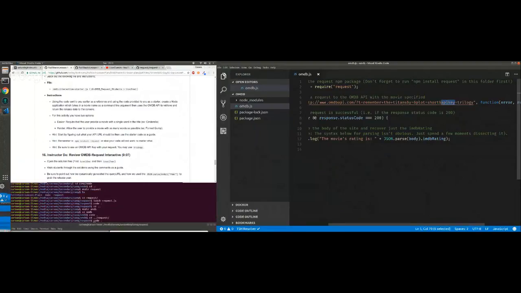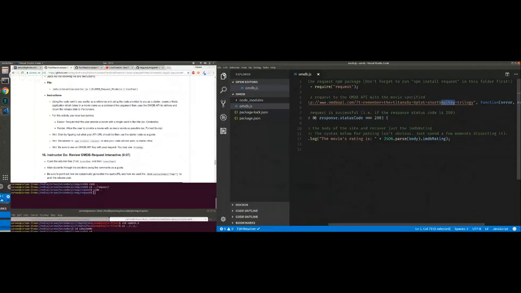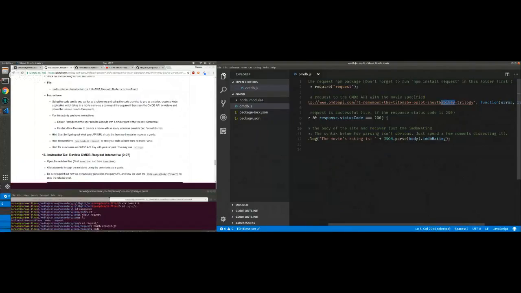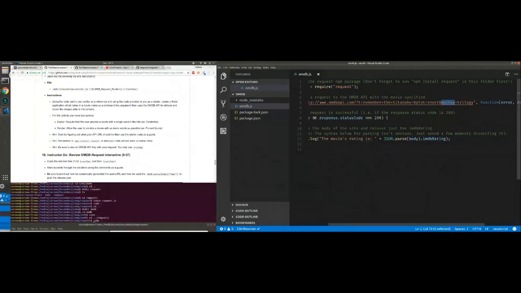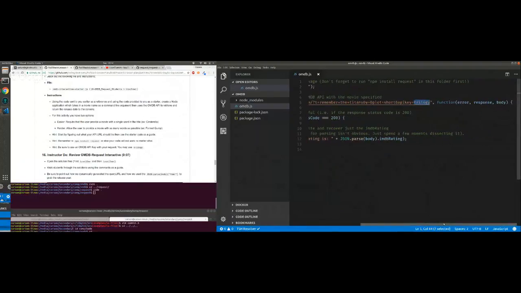So a lot of times when you're making requests out to an API, you have to provide some sort of key or some sort of way to say that you're an authenticated real user that wants to come in and get information back, right? And Trilogy has one set up for us called Trilogy. It's nice and easy. So again, like the last request, we have an error, response, and body that are going to